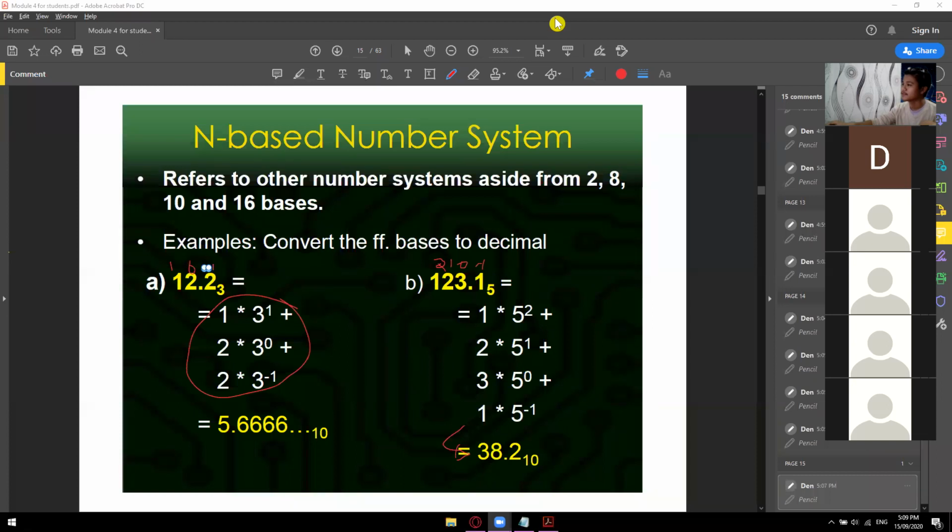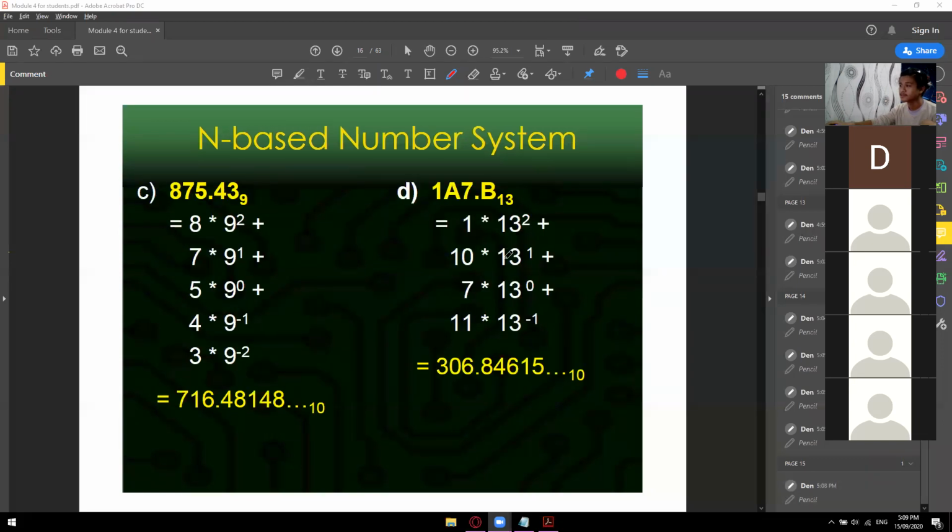Merong questions si Mr. Cachola. Sir, pag i-convert sa decimal, lagi po ang 10 ang base. Since it is asking us to convert that base into decimal, so dapat yung base na, yung pinaka-final answer is 10 dapat. Or yung pinaka-unit nyo is 10 dapat. Okay, sir. Alright, so another example is we have base 9 and then it is asking us to